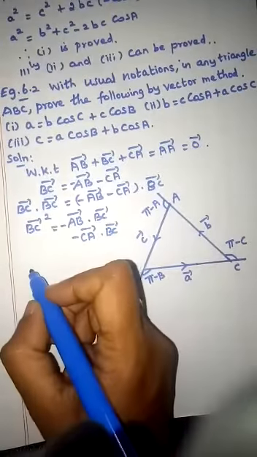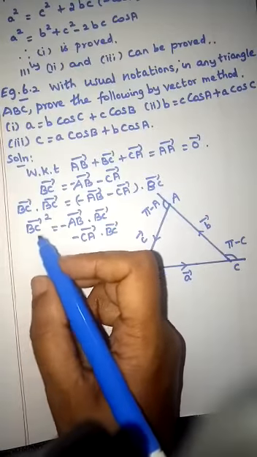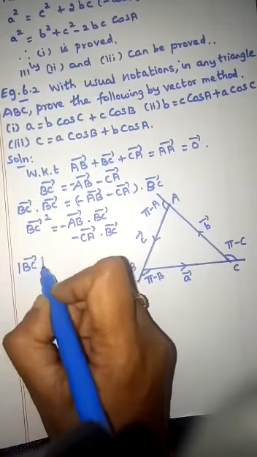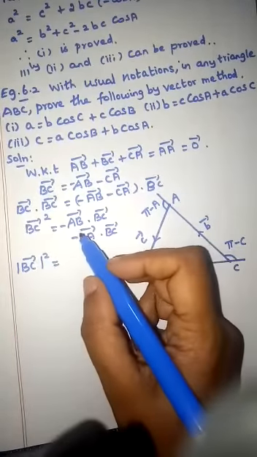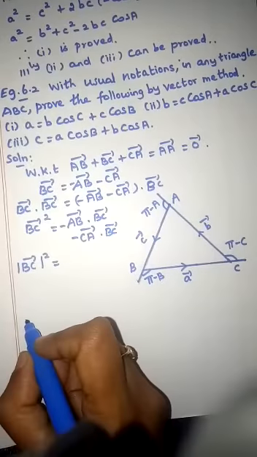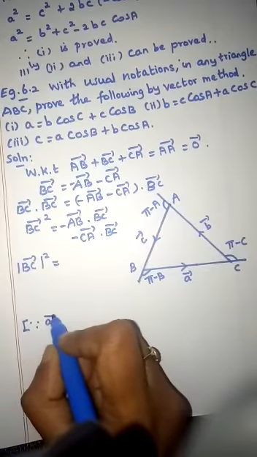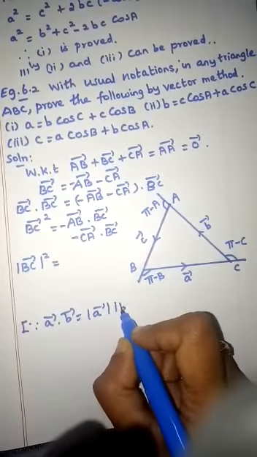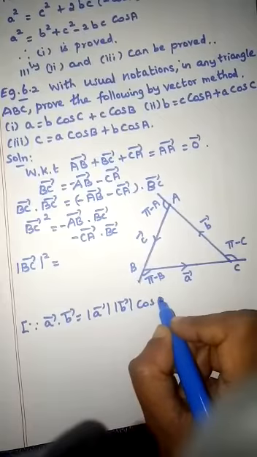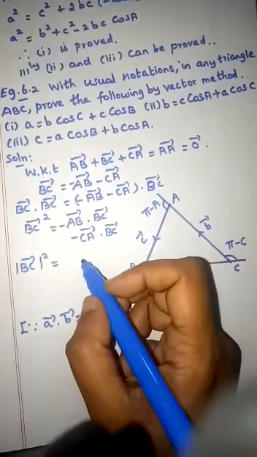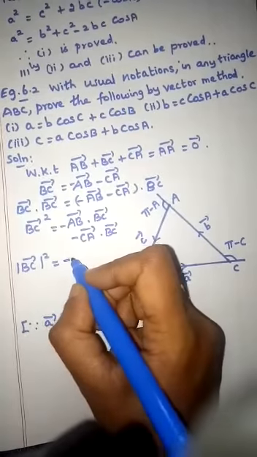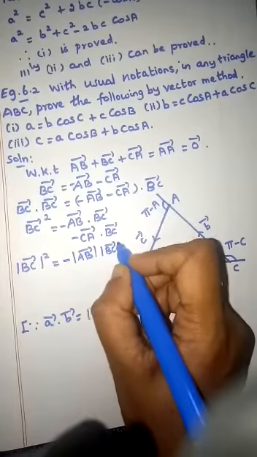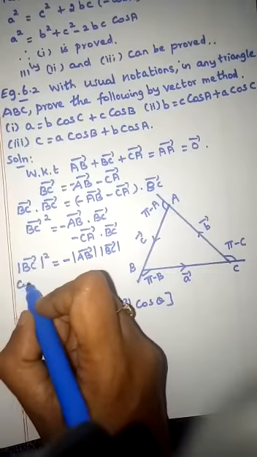Okay, so now in the left hand side I can write, you can put modulus. If there is square you can put modulus here, so modulus of BC vector square, it is equal to, here we have to use the formula. Which formula we are going to use is A vector dot B vector formula. It is modulus of A vector, modulus of B vector, cos theta, the angle between A vector and B vector. So according to that, here what you'll get, minus modulus of AB vector, modulus of BC vector into cos of the angle between them.